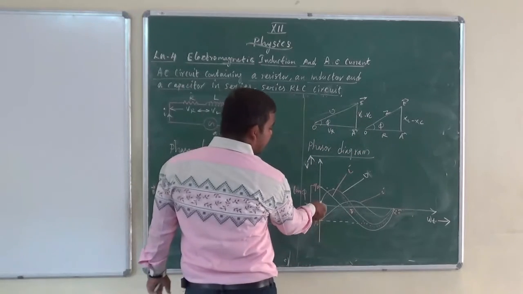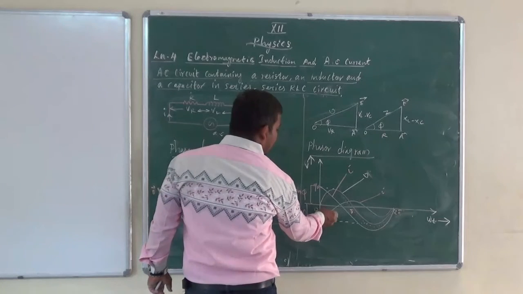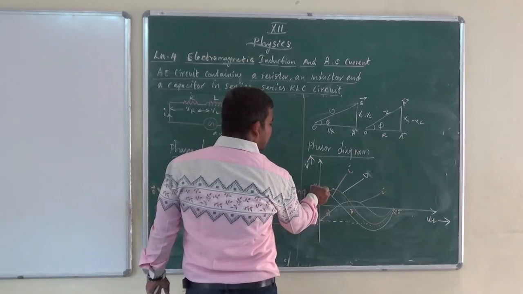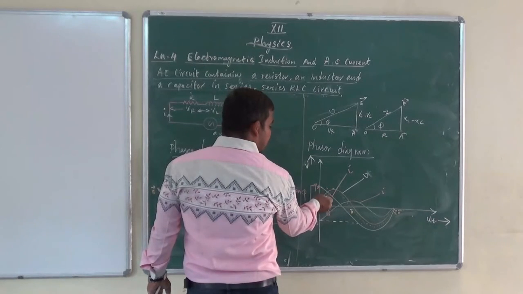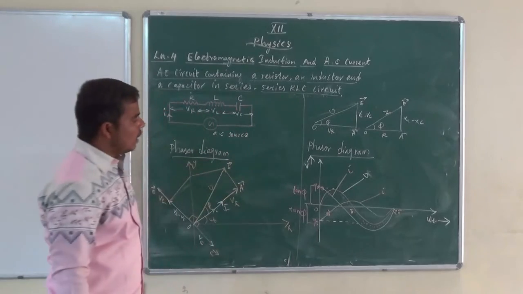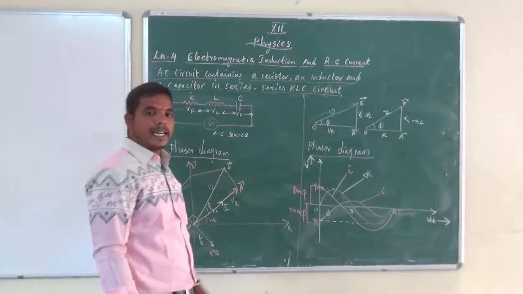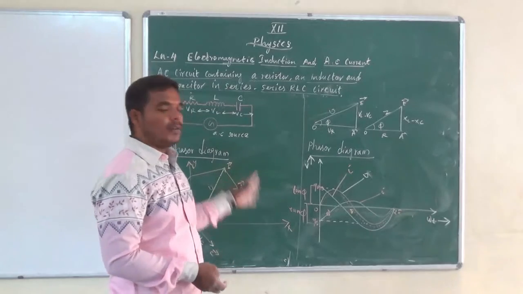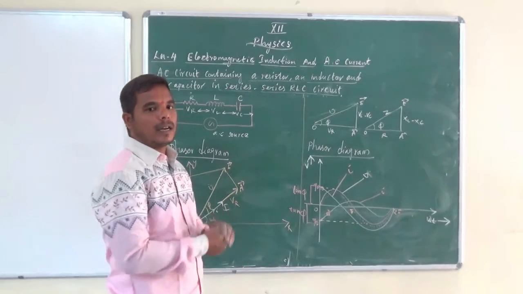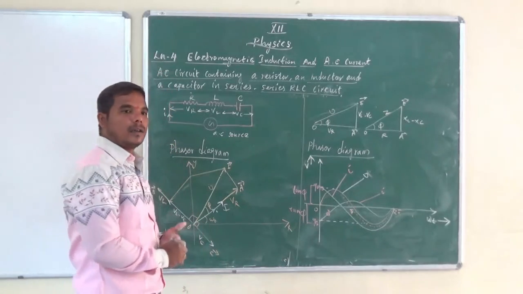If you consider the inductor, consider this is current. Current and voltage lag. If you consider the capacitor, this is current. How does that lead? Okay, this is a very important diagram. Don't get any confusion if you want to draw it. That is not in their book. It is a very important repeated question. So once again I will explain in the portal.